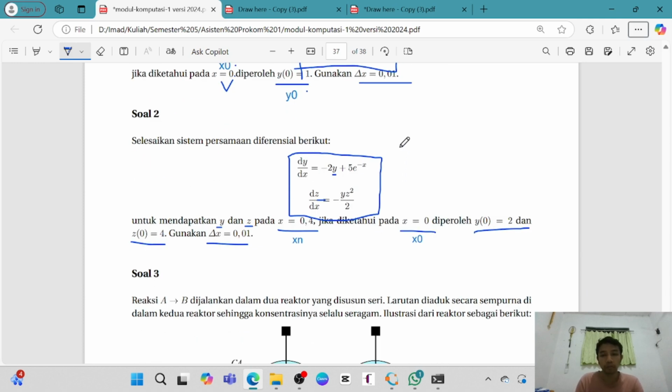In problem two we have two differential equations. Then we have to find the y and z.